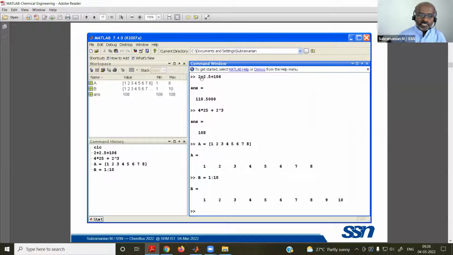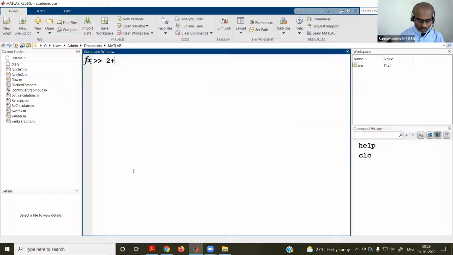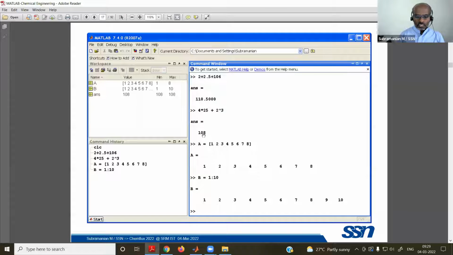Say, for example, these are all simple sets of instructions. Say, for example, 2 plus 2, or whatever you want to do. Like a calculator, you can use this too. So sine of 2, these are all very well available in a calculator itself. So that and all you can easily try, but it has more features than a simple calculator.